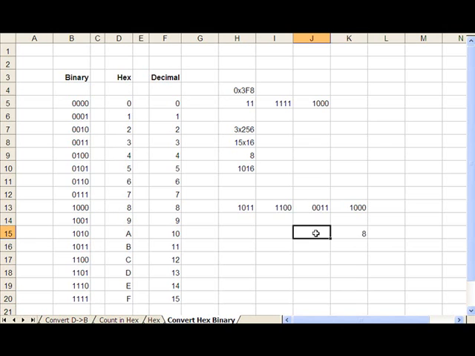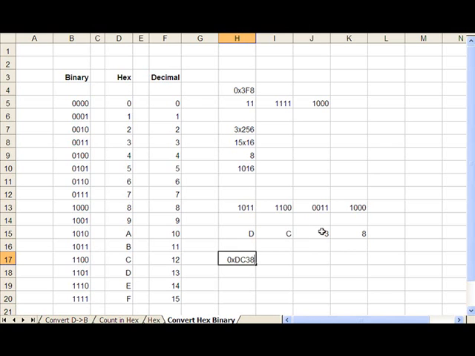So let's put an 8 there. 0011 is 1 and 1, 2, which is 3. 1100 is an 8 and a 4, which is 12, but in hex we're going to write C. And 1011 is an 8, a 4, and a 1, which is 13, but in hex we're going to write D. So this binary number is this hex number, and we would write it 0x